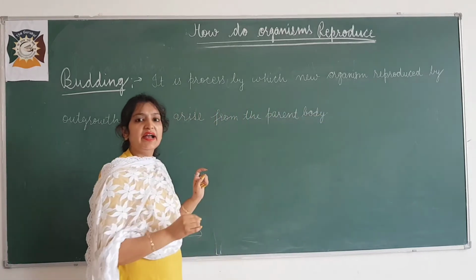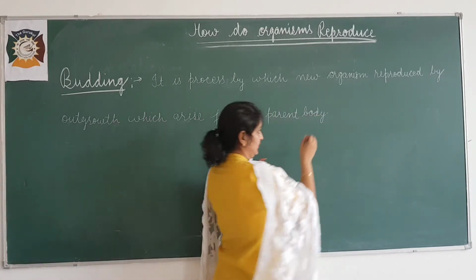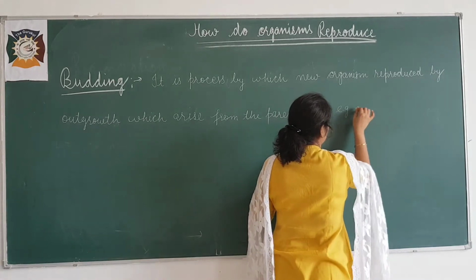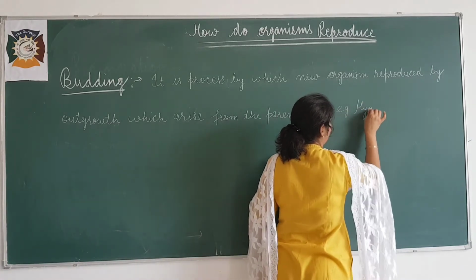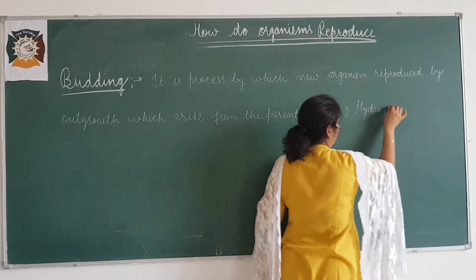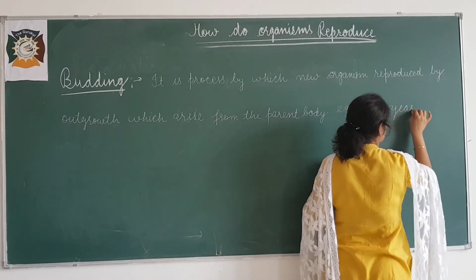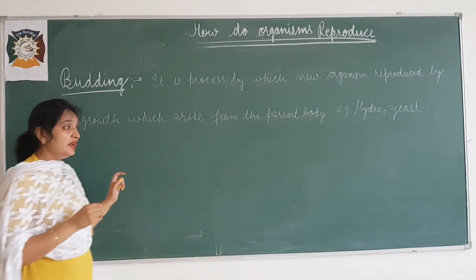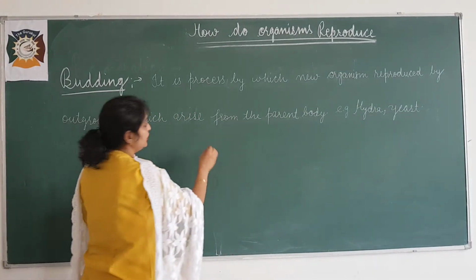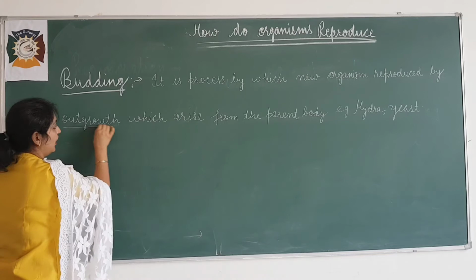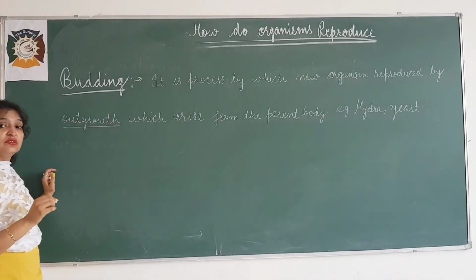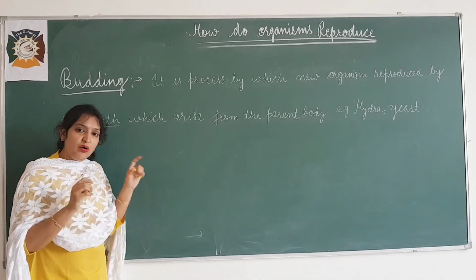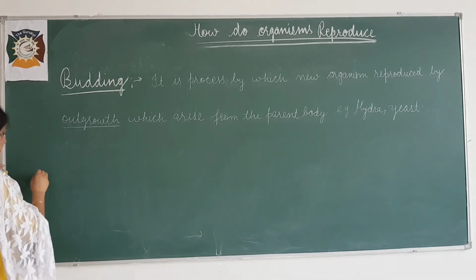Example is Hydra and yeast. Hydra and yeast outgrowth. What do you mean by outgrowth? Outgrowth is known as bud. Outgrowth को हम bud बोलते हैं. जैसे Hydra है,